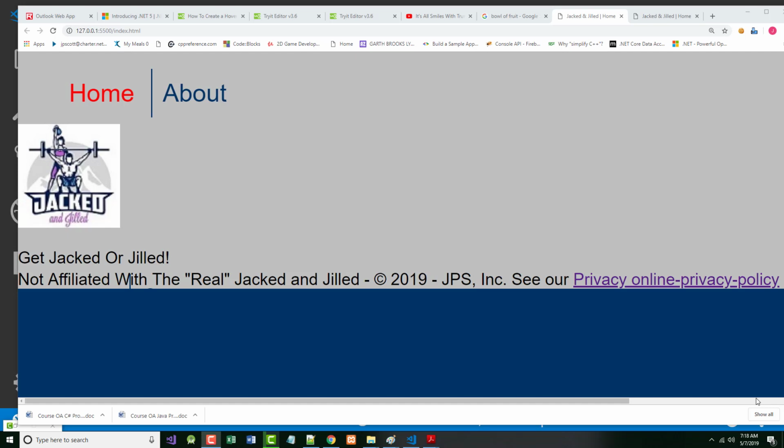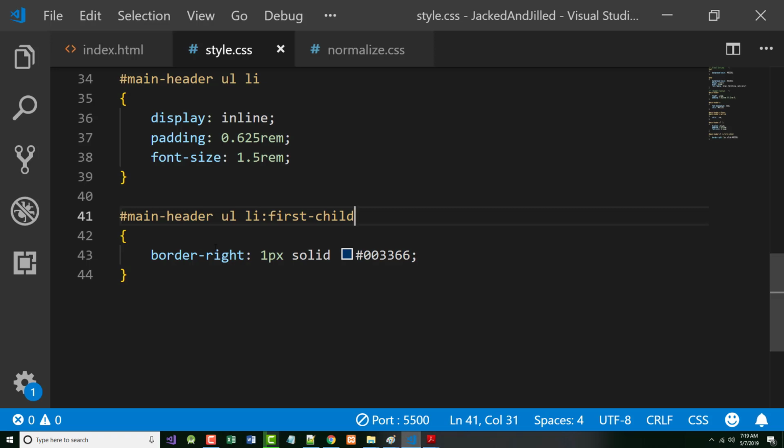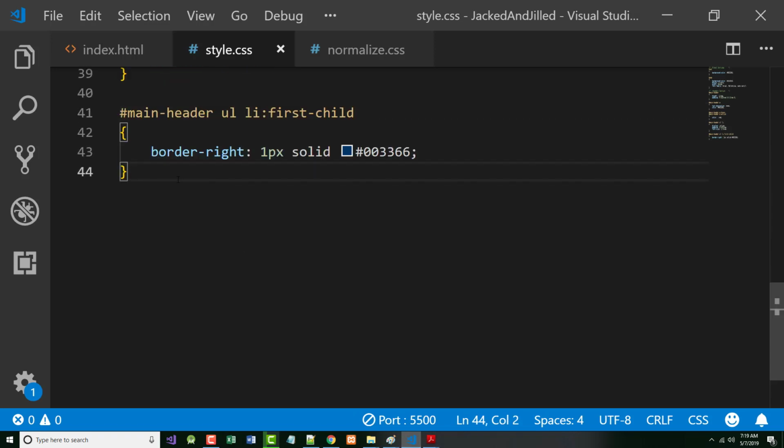And as part of the Rankin Technical College AWD, or Application and Website Development 1000 Web Development Technologies class, I've been trying to build a mythical gym website called Jacked and Jilled by hand. Right now it kind of looks like a mess, but it's because I'm in the middle of our header section. Okay? So we've created the header section, and now what we've been doing is coming in here and adding the CSS. So I'm just going to continue on,